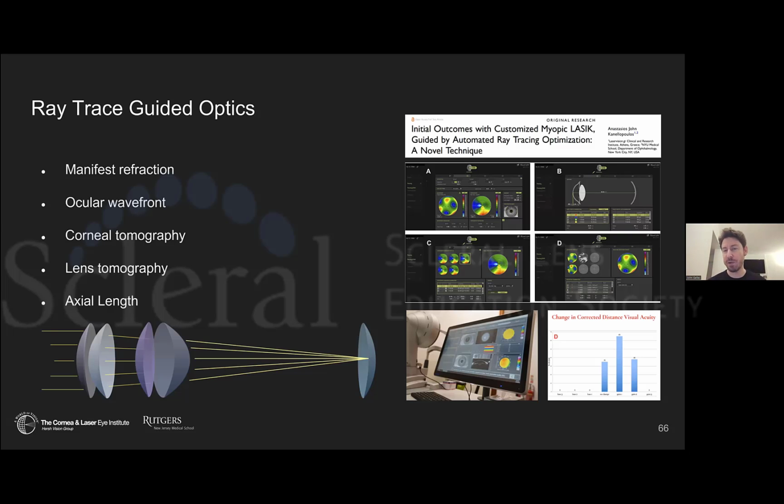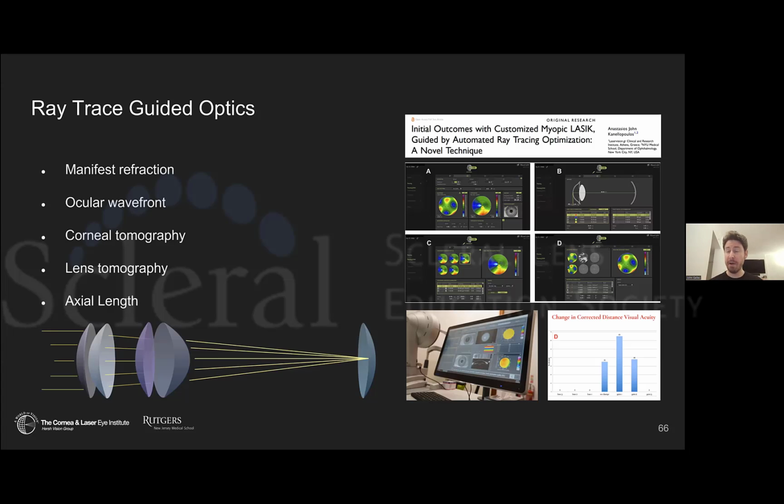Now, what they've done with this system over in Europe, and they're starting clinical trials in the US, is they use this ray trace guided system to create custom ablations for individuals undergoing LASIK procedures. Eventually we'll apply this to aberrated corneas and be able to do some pretty cool corrections for those as well. But the reason why this is so cool, instead of just wavefront guided systems, is that this is going